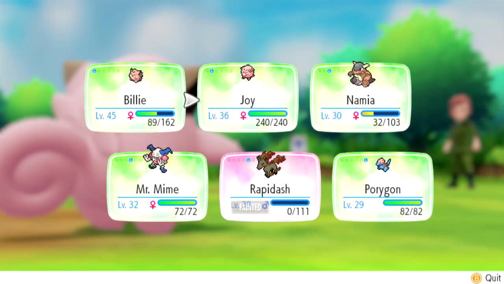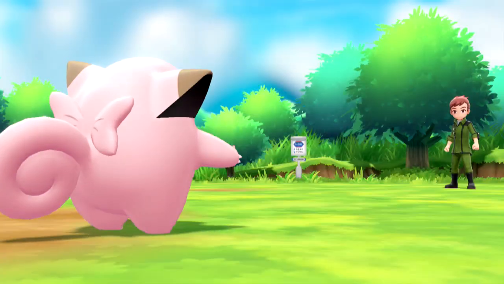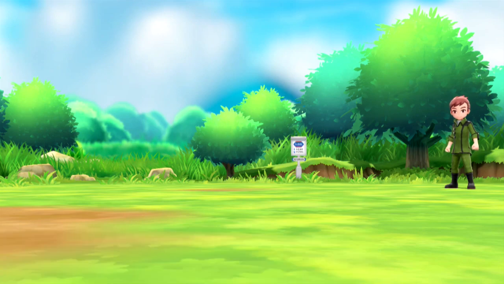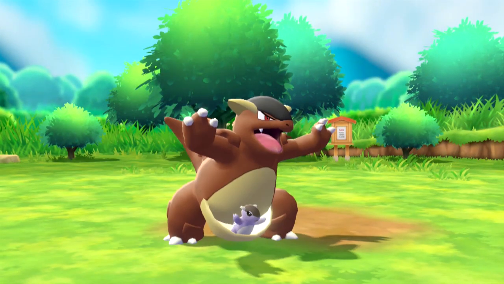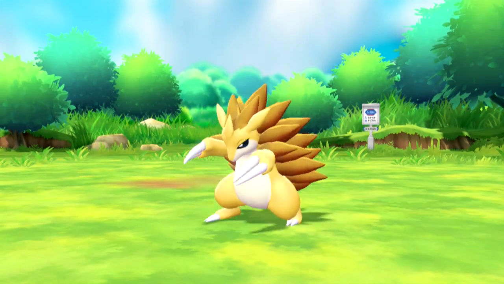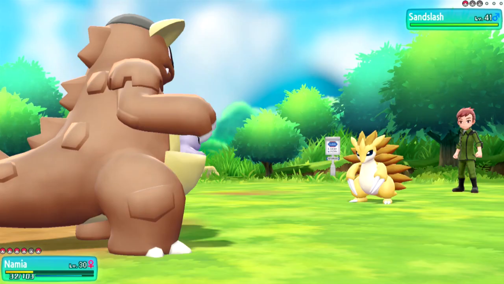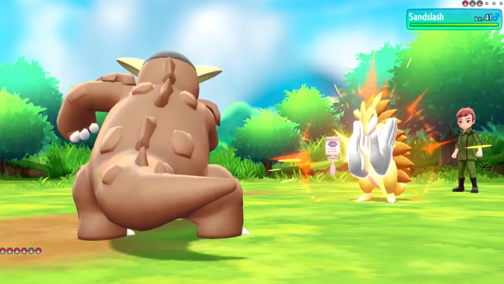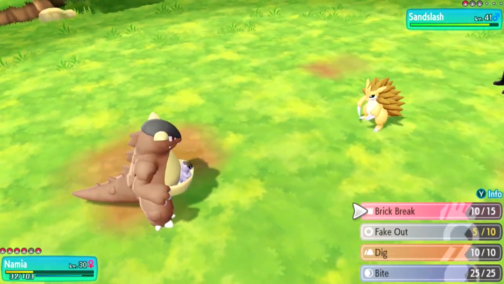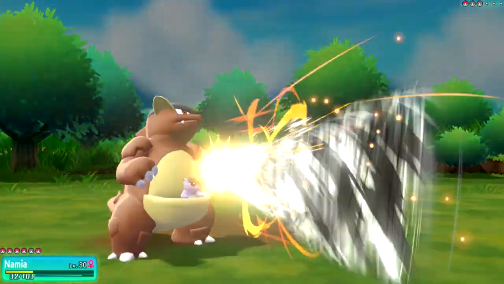Alright, Sandslash, ground type. Let's go, Namia. I believe Brick Break should do a lot of damage to ground types. We don't really have a grass or a water type Pokemon, so we don't really have a counter to ground type Pokemon in Sandslash. Oh boy, this thing is high level. 41. Yeah, I feel under-leveled right now. I do think the requirement for one of the gyms was you have to have a Pokemon that's level 40. Which technically we do, but...